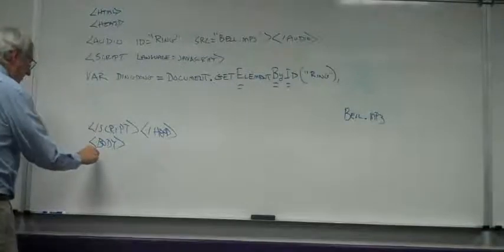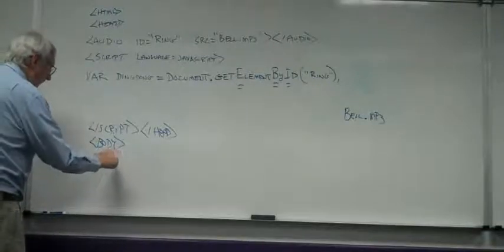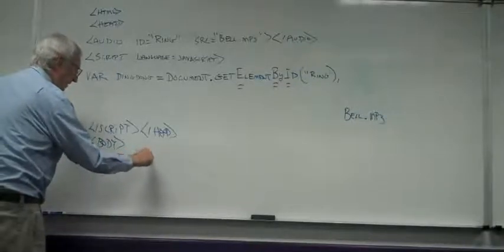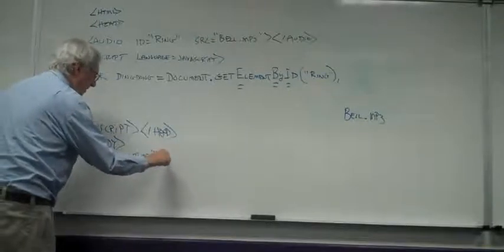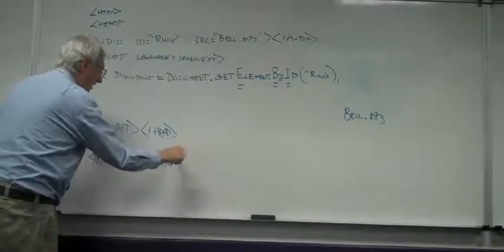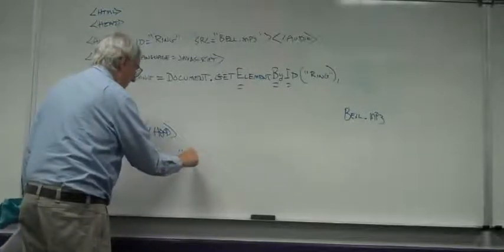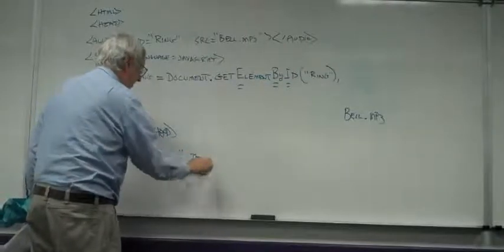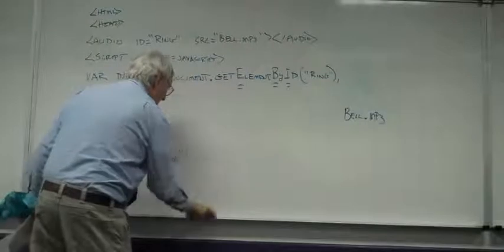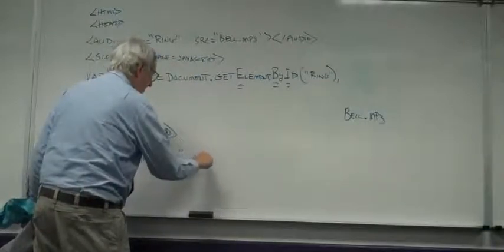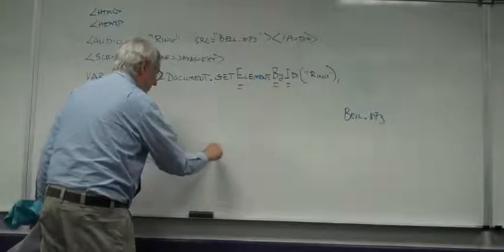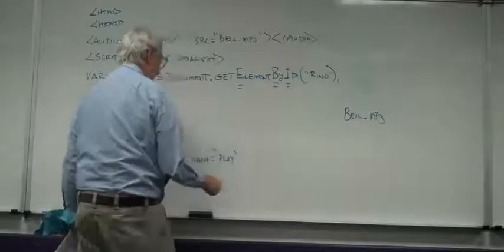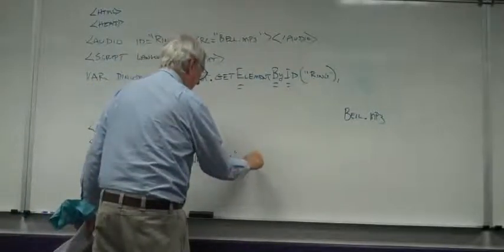So what I do is I say, okay, I want an input, and I want the type to be button, just like you'd have a button on the screen. And on the button I'm going to call it play. Let's say it's title. No, value, sorry. Value equals play. And then onclick,